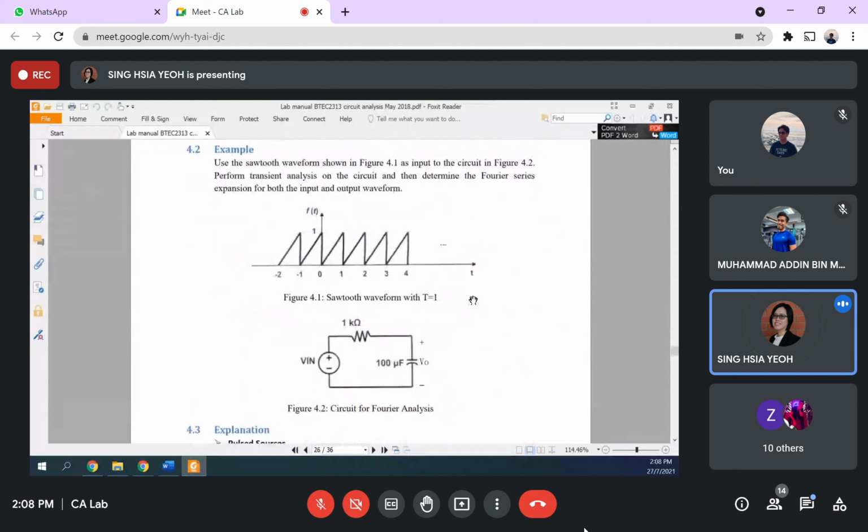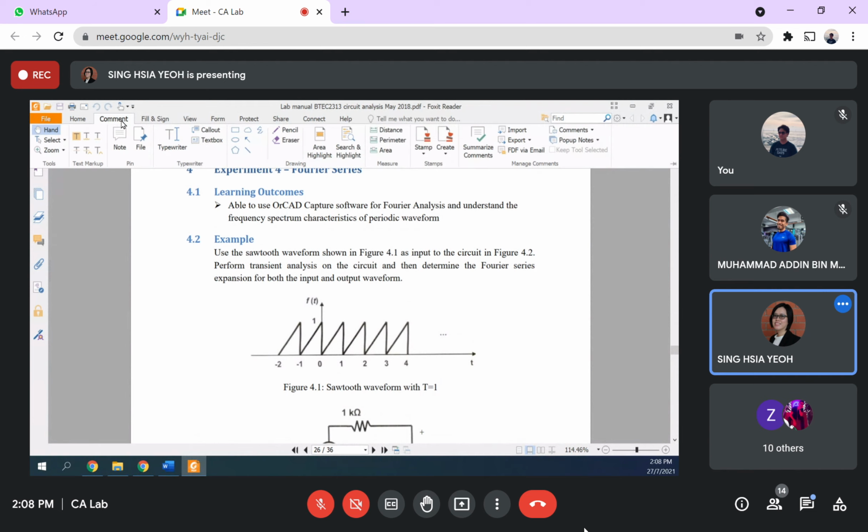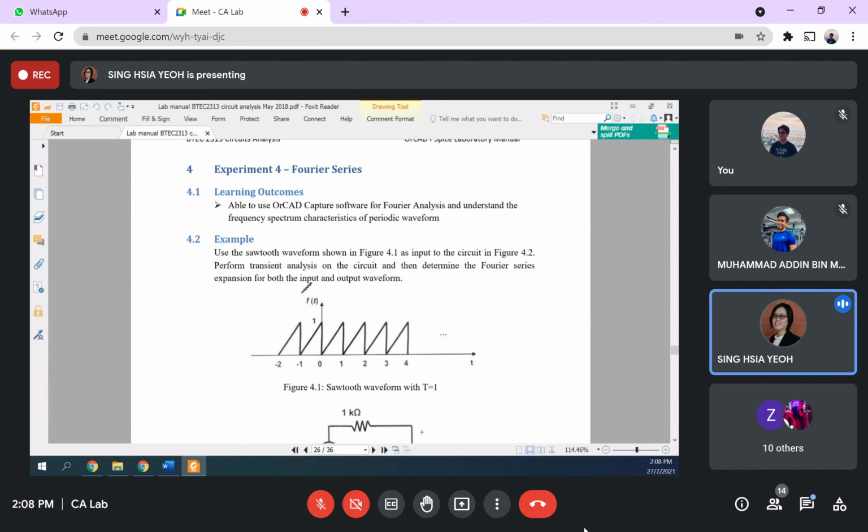Today we are going to continue our experiment for Fourier series. So first of all, you need to understand what is a Fourier series. Normally our input, Vin, is maybe 5 volt or 12 volt, right? Or maybe a sine wave, you have a sine 5t, then this is still okay. But the problem is if it is a sawtooth waveform like this,